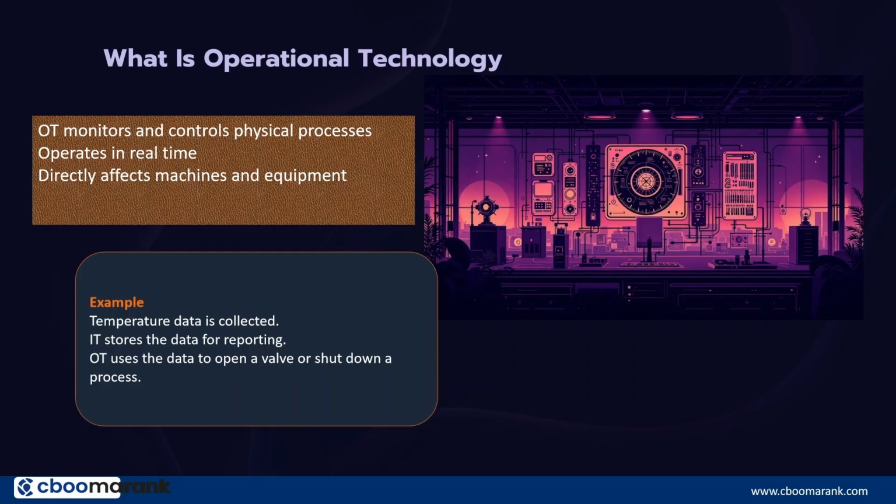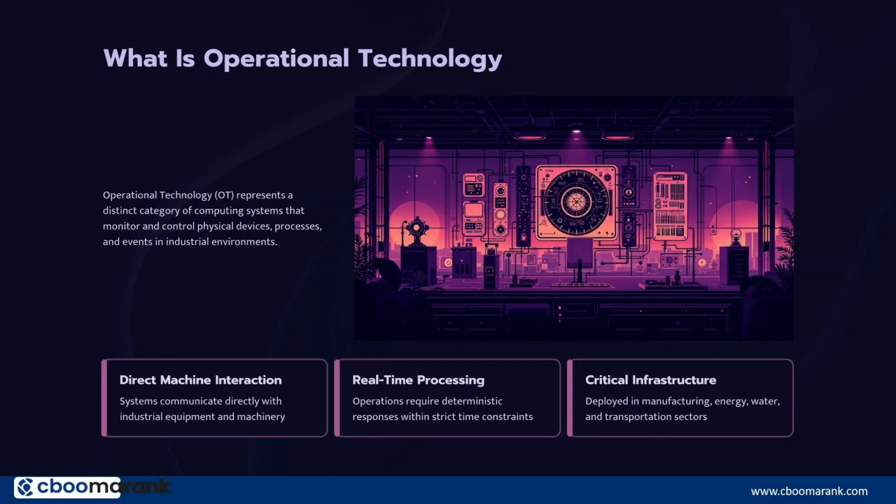Let me give you another example. For example, a power plant control system cannot simply be rebooted or restarted because of a software patch, because they have their own consequences, because they have bad outcomes. Interrupting an industrial system could disrupt production, damage equipment, or even create safety risks. This is why cybersecurity strategy must be adapted specifically for OT environments.